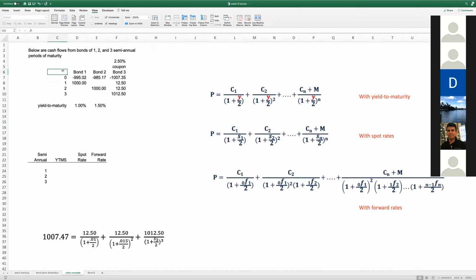All right, so I gave here 3 cash flows, okay? Or excuse me, 3 bonds. Bond 1 is a 6-month bond. Bond 2 is a year bond. Bond 3 is a 1.5-year bond, so it has 3 payments, 1, 2, and 3. And then I left open here this yield to maturity. All right, you can calculate the yield to maturity here on this bond by using the internal rate of return. I gave you the price here. So this bond has an internal rate of return